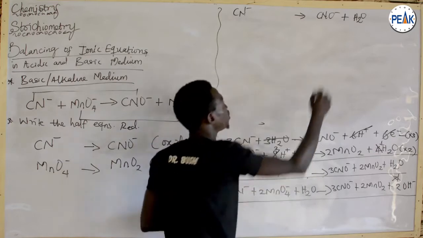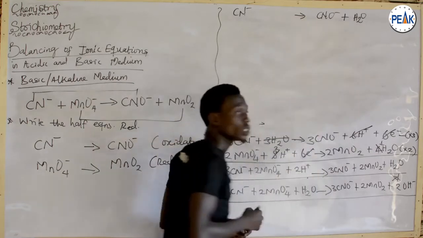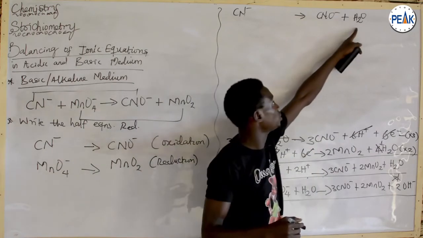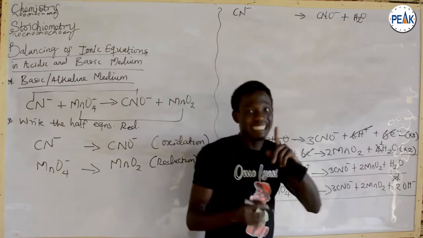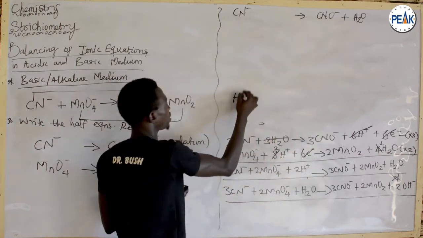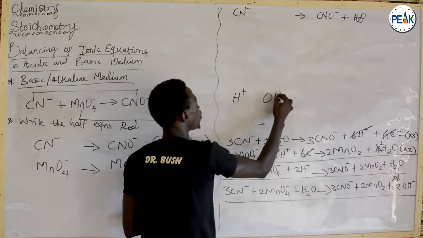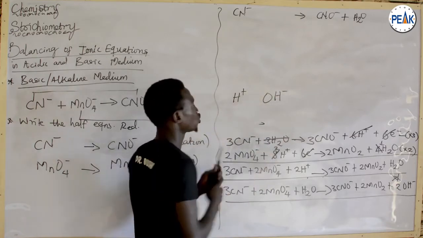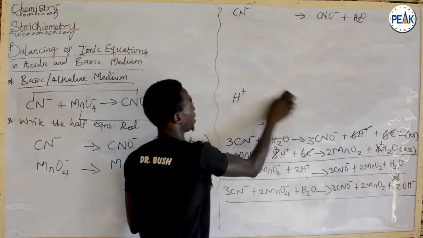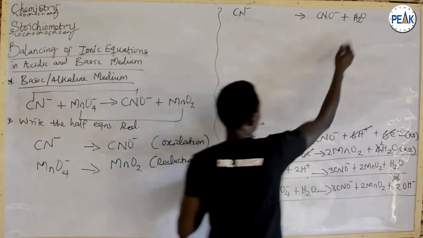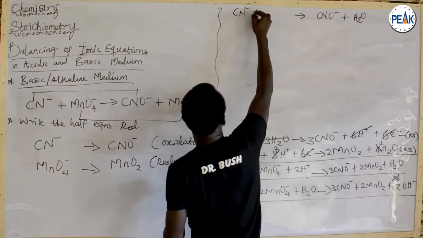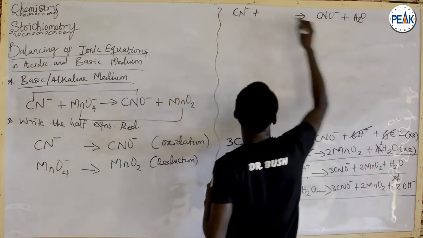Now, I have introduced a stranger into this equation. That's hydrogen. In acidic medium, I balance hydrogen with H+, but here it is different. In basic medium, I balance hydrogen with OH-, showing that this is basic medium. Now, to balance this, plus how many hydrogen? 2. That's plus 2